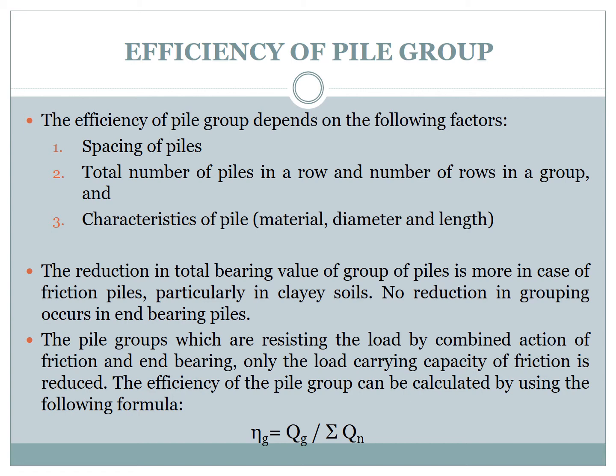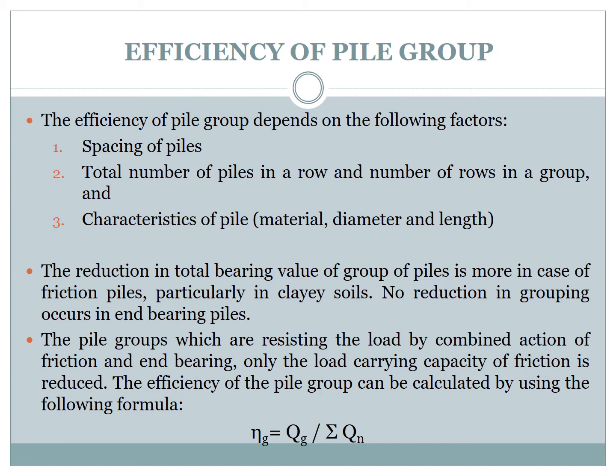Next topic, efficiency of pile group. So the efficiency of pile group depends upon three factors: spacing of pile, total number of piles in a row and number of rows in a group, and characteristics of pile like the material of the pile, diameter, and the length of the pile. Okay, so the reduction in the total bearing value of group of pile is more in case of friction pile, particularly in clay soil. So no reduction in grouping occurs in end bearing pile, and in pile groups which resist the load by combined action of friction and end bearing, only the load carrying capacity of friction is reduced,